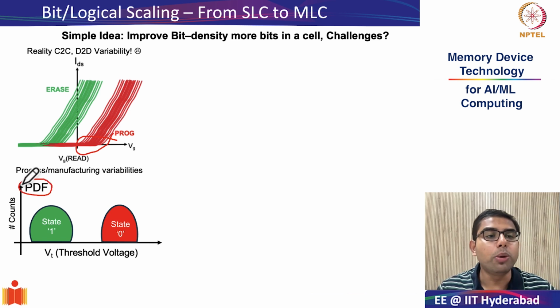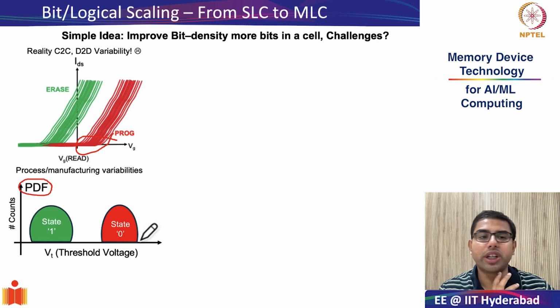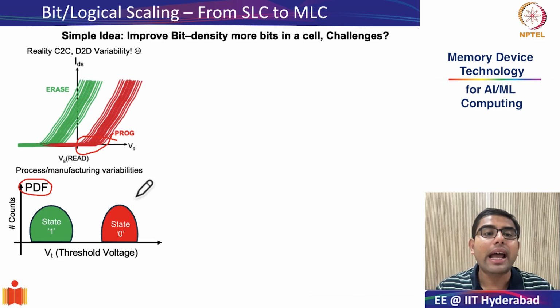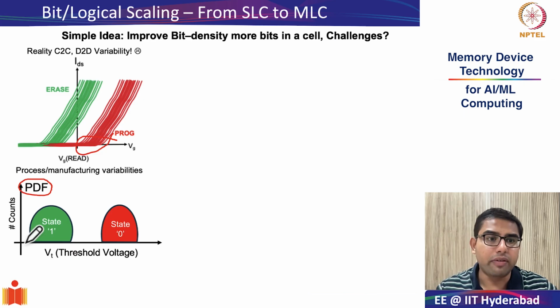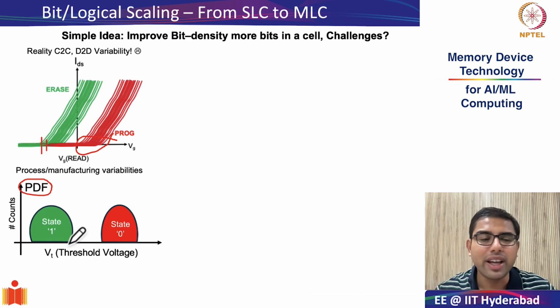In the probability distribution function, the x-axis is the threshold voltage of your transistor or the cell, both at the erase state, state 1, and the program state, which is state 0. The y-axis consists of the counts, the number of times in every cycle or in every device that you get the particular threshold voltage. So when you plot all of them together, if you start extracting the threshold voltage from each of these curves, you will get something like a semi-hemispherical curve, sometimes it can also look like a Gaussian. The shape of the curve for the moment is not very critical for us.